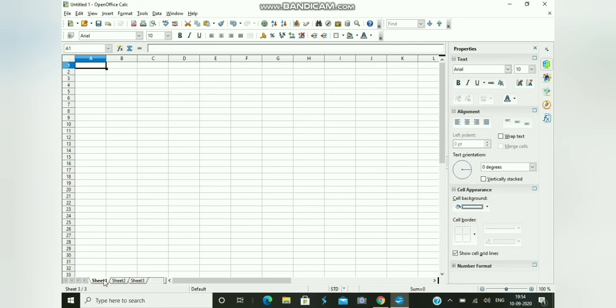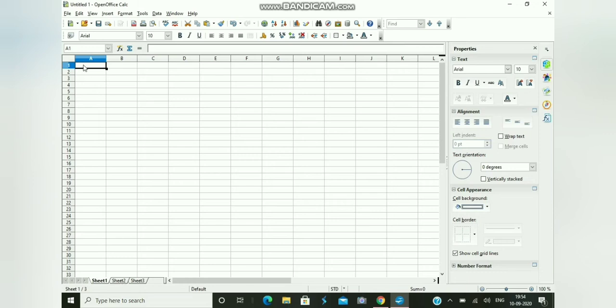All right, now our next topic is how to link sheets. Just like data consolidation, where we can calculate the data in a particular worksheet, collecting the data from different worksheets, similarly here also we can link sheets. We are going to enter different values in sheet 2 and 3. Not only in 3 sheets, say in 4-5 sheets you have different data, and you want to calculate the total in a particular sheet, you can link the sheets and do it.